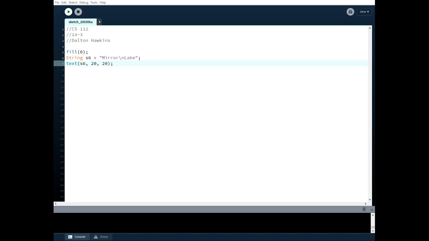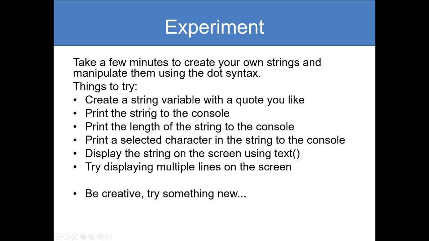It shows up on a new line. And some people think that it's going to go like \n, and there's actually a way of making it so it can show that in case for some reason you need to have that slash in there. But in this case, it actually goes to a new line. There's actually another couple other commands that go with this. So for right now, go ahead and try your own strings